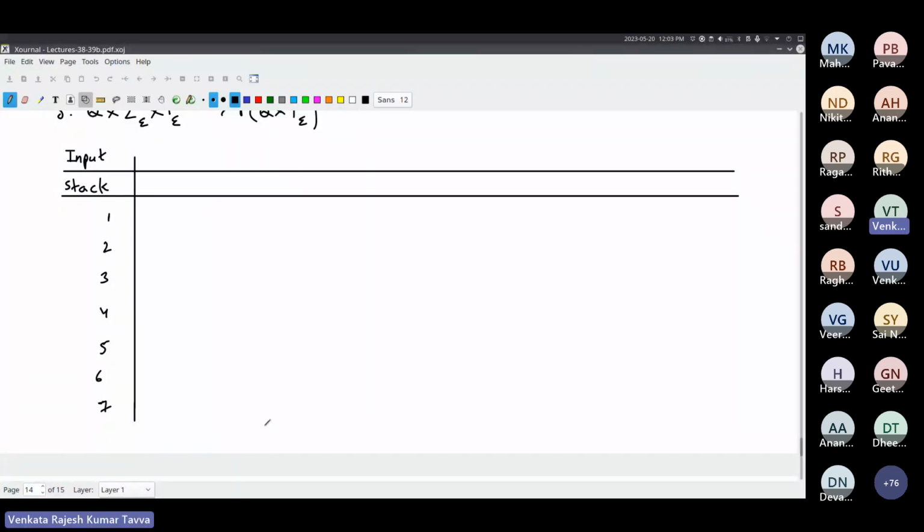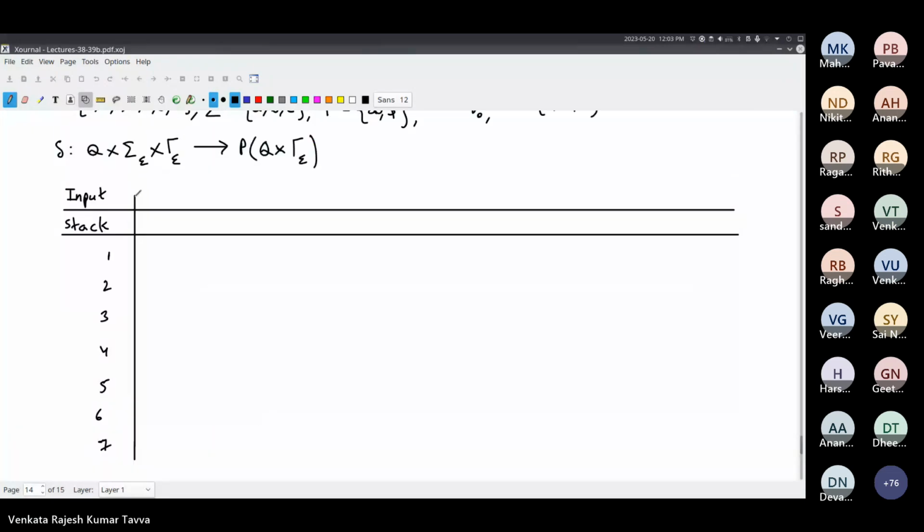Now, what are the input symbols? Input symbols are nothing but coming from sigma, right? So A, B, C, and apart from that, epsilon also. So we need to take all the 4 possibilities: A, B, C,